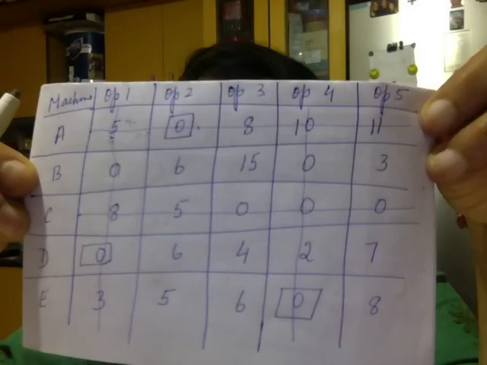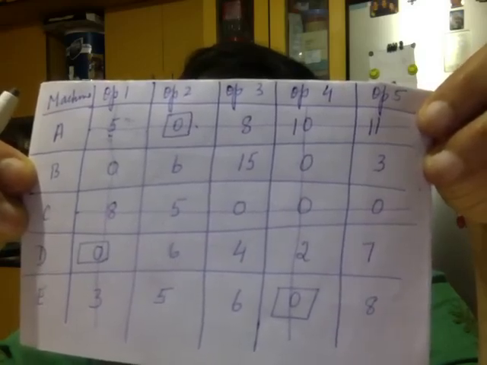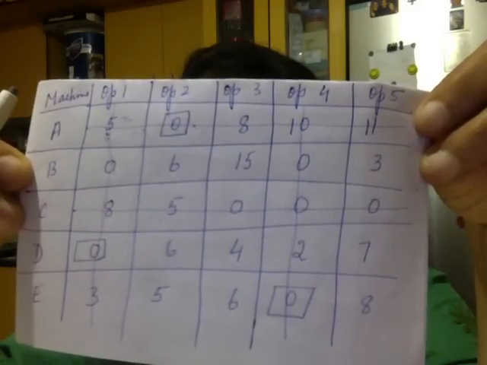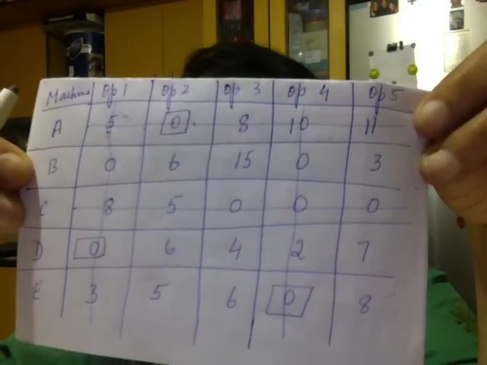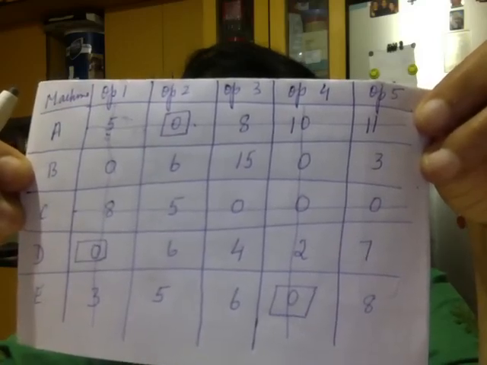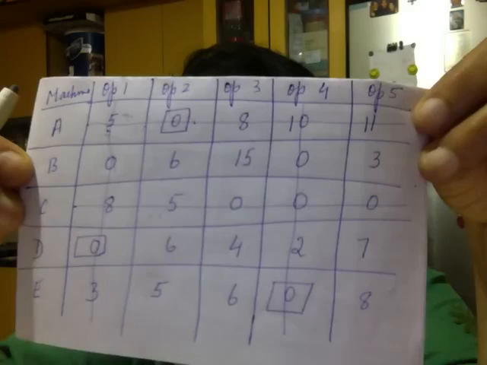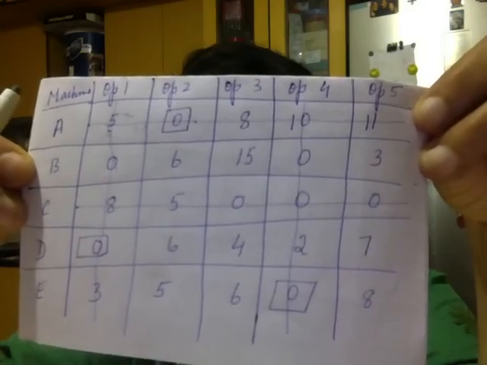In the second row, 0 is a covered value. It remains the same. 6 is an uncovered value. 6 minus 3 is 3. 15 is an uncovered value. 15 minus 3 is 12. Then the 3 is an uncovered value. 3 minus 3 is equal to 0. In row C, you have to add at the two intersection points. In D, there are 3 uncovered values. We will do it one by one.